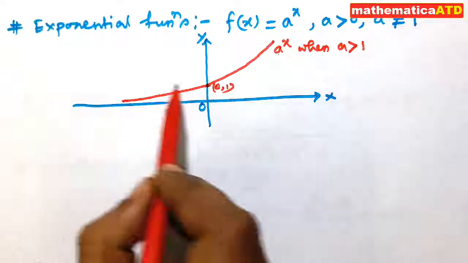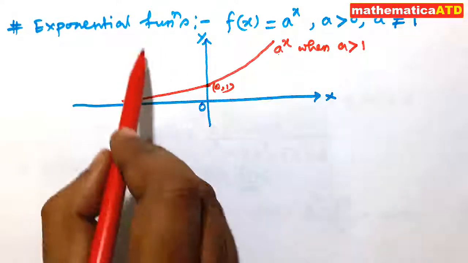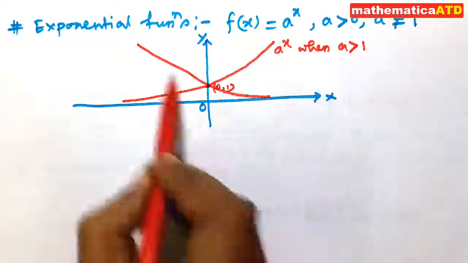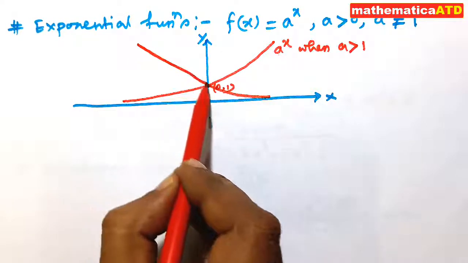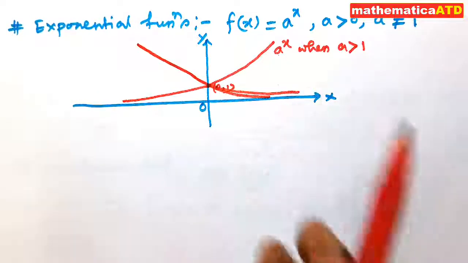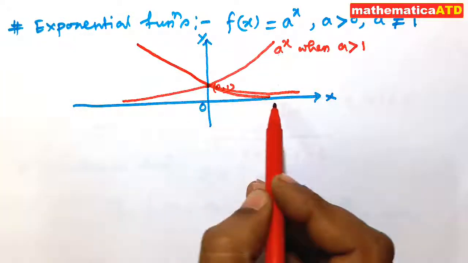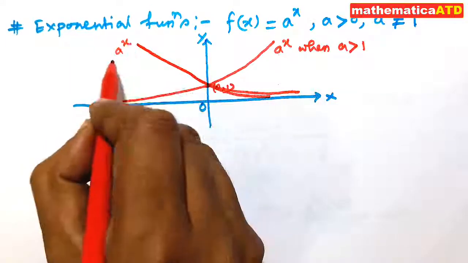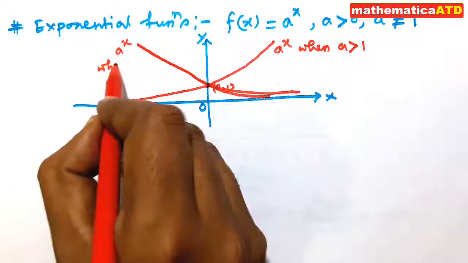And also you can consider another curve of a to the power x, which will again pass through (0, 1),